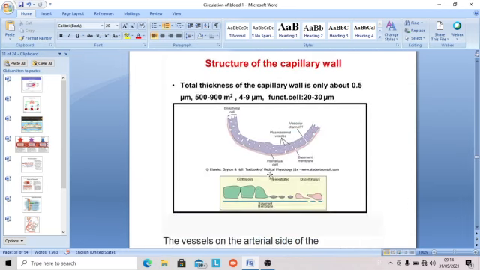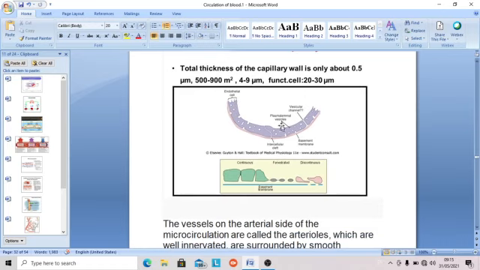Let us see the structure. This is the minute structure of the capillary wall. Total thickness of the capillary wall is about 0.5 nanometer, and 500 to 700 meter square is the total area, and 4 to 9 nanometer. And these are the various endothelial cells. These are the plasmalemmal vesicles, then the vesicular channel. Between two cells, the vesicular channels are there. Some large particles can move. So this is the